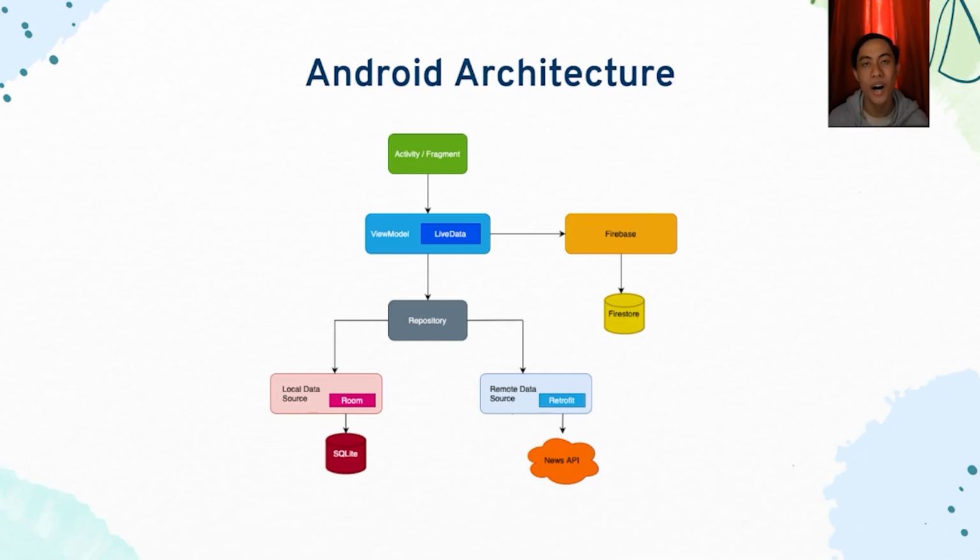View consists of the UI code: activity, fragment, in XML format. It sends the user action to the view model but doesn't get the response back directly. To get the response, it has to subscribe to the observable which the view model exposed to it. View model is a bridge between the view and model or business logic. Basically, the view model should not be aware of the view it is interacting with. It interacts with the model and exposes the observable that can be observed by the view.